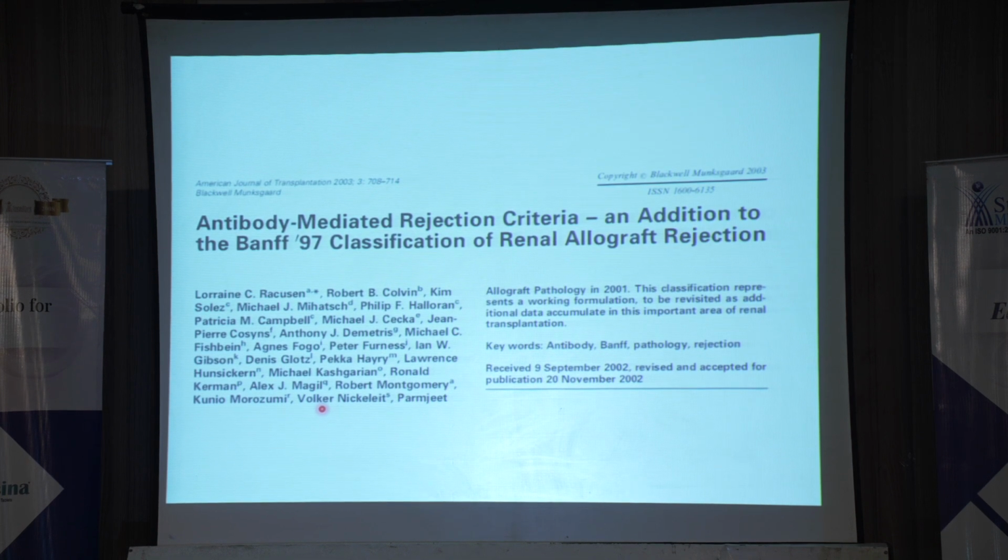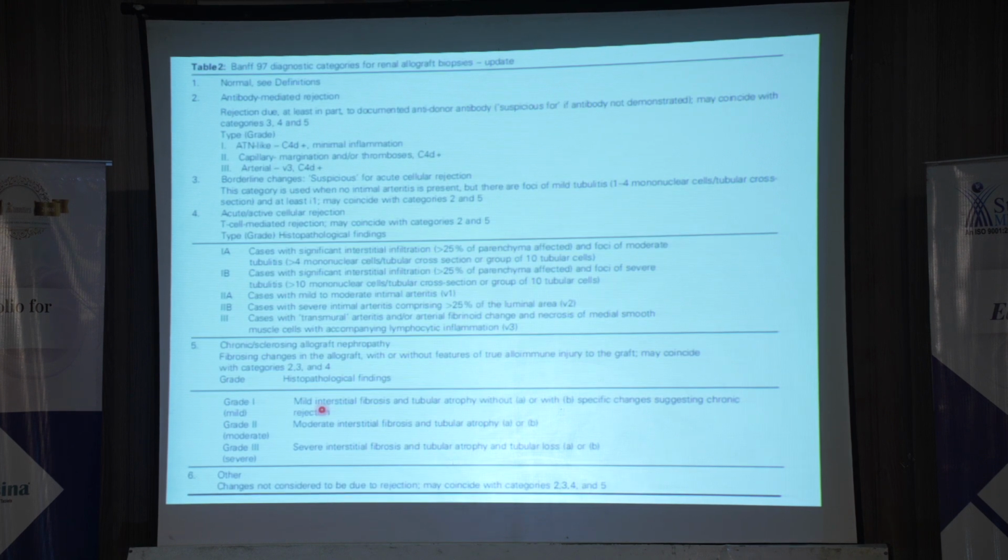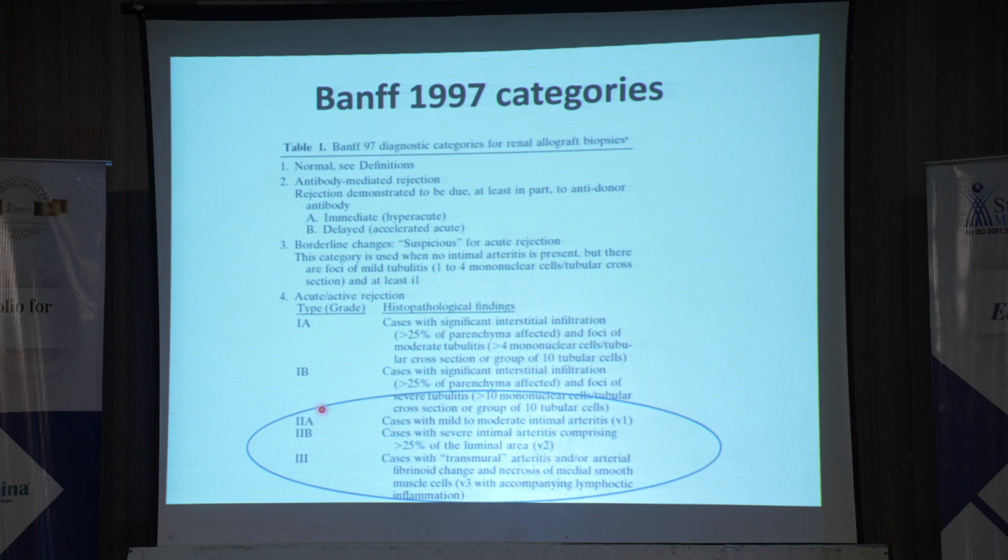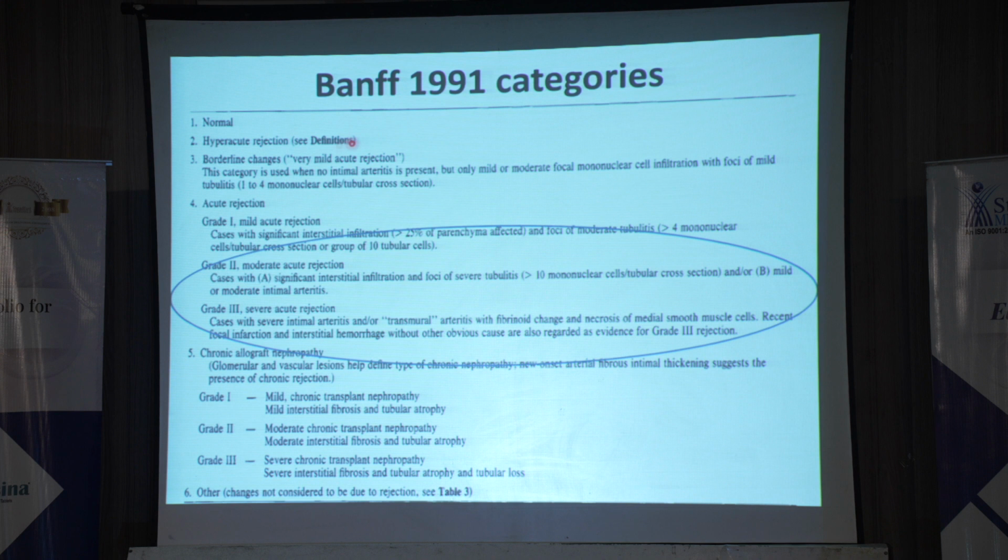So then antibody mediated rejection, this was the time when C4D came into the picture. And the definition of acute antibody mediated rejection, just look at here. So in the 1991 category, there was hyperacute rejection. Now we don't use that terminology, hyperacute rejection, at least in the recent classification system, because with a good immunopathological